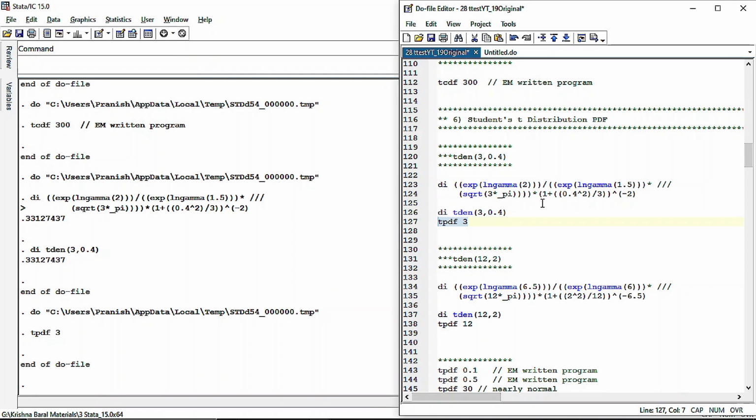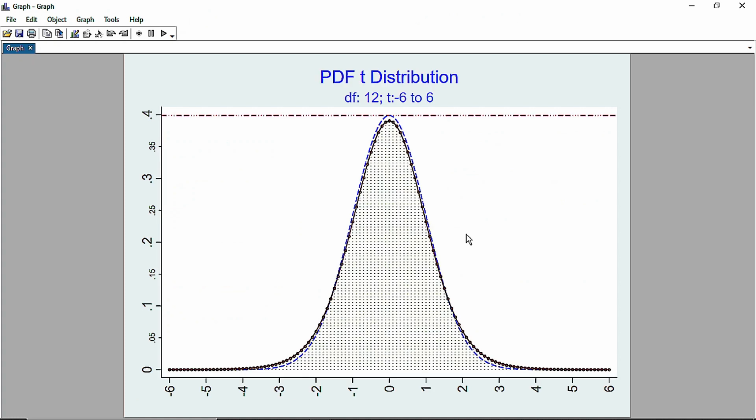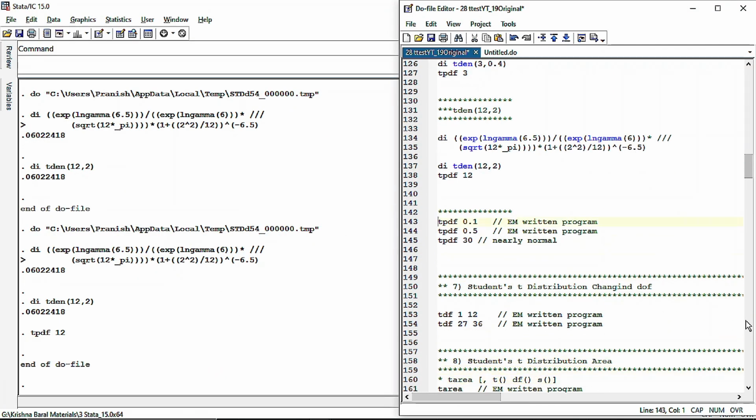So it was 33%. Now let us repeat the same process when our degrees of freedom is 12 and the probability of getting exactly a t score of 2. Both of the formulas should yield the same result. It is 6%. So for 2 it is 6%, somewhere over here. This is it. Now let's see another example, and we are going to change the degrees of freedom to 0.1,